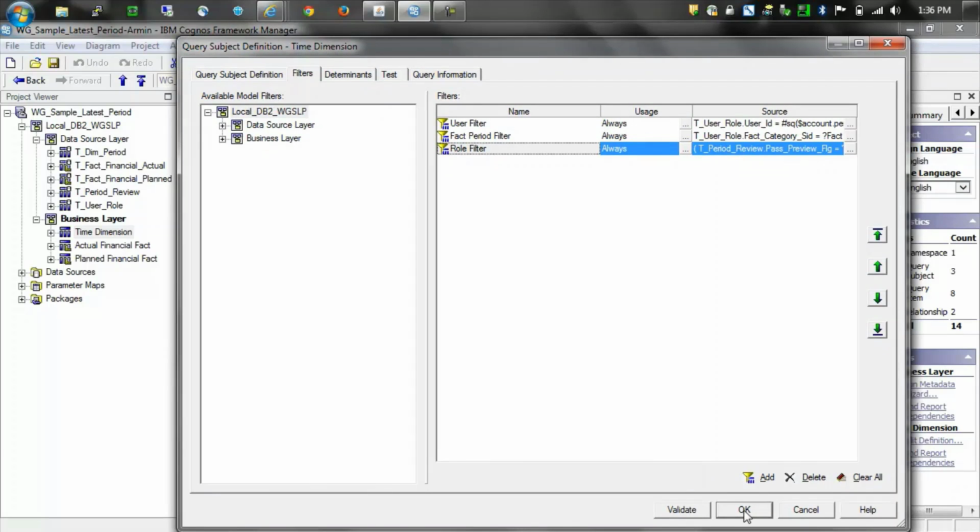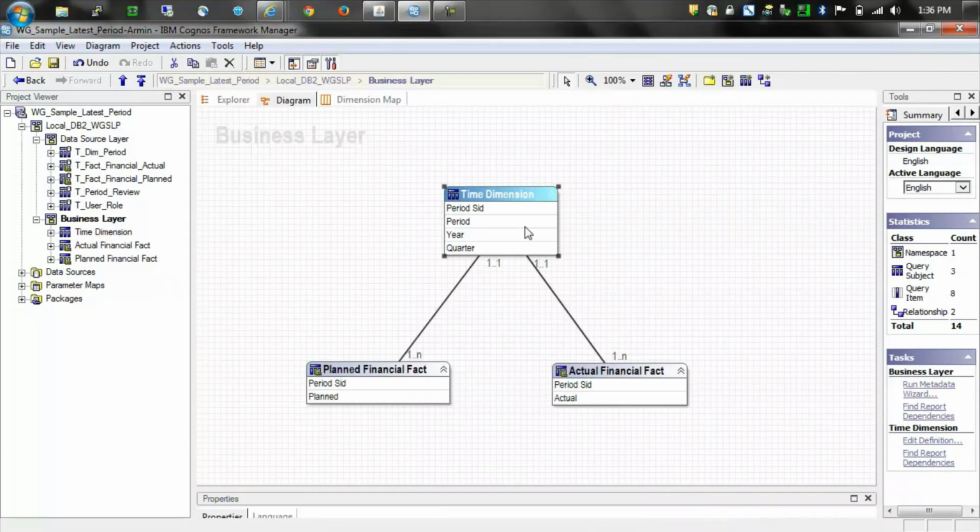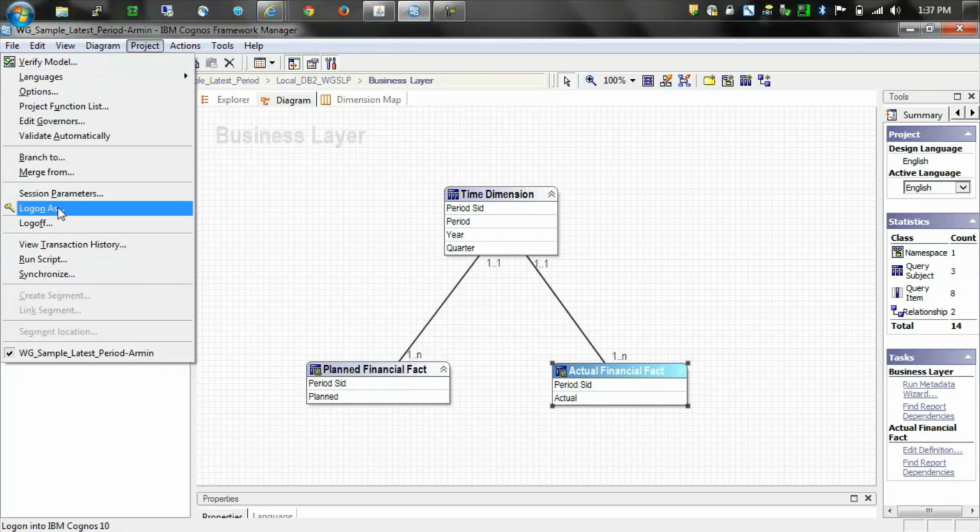So each time the time dimension is queried, those filters are put in place. They will always be part of any query using the time dimension, and that will reduce the facts that can be seen by the person logged in at that time. And then we simply create connections using the period SID to the planned financial fact table and the actual financial fact table. So if I go into this project right now and I log in